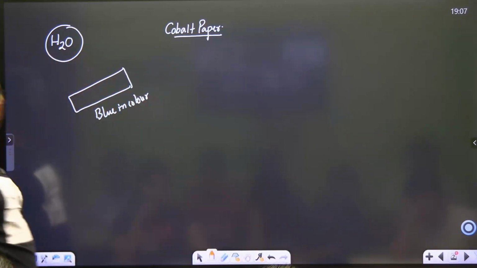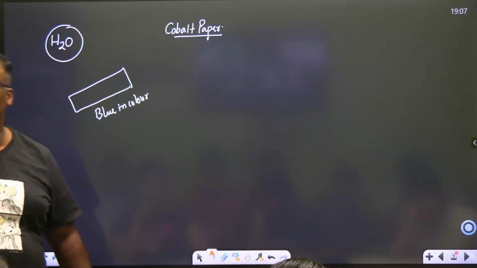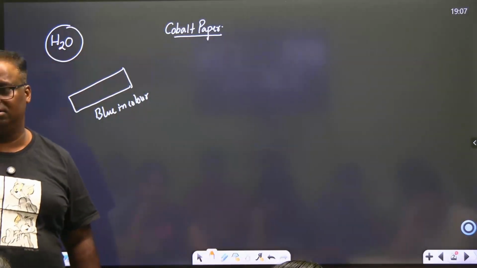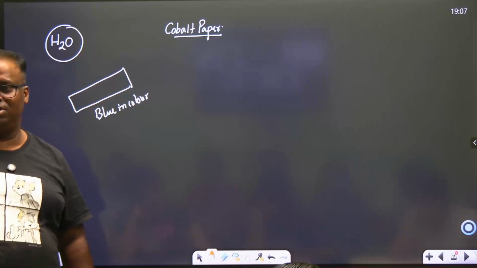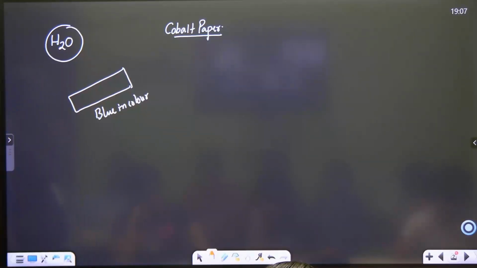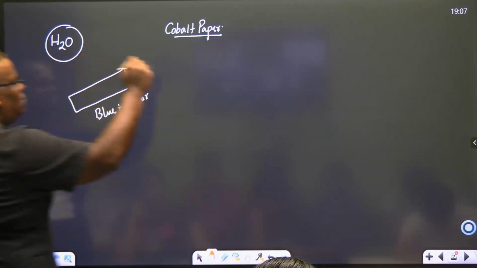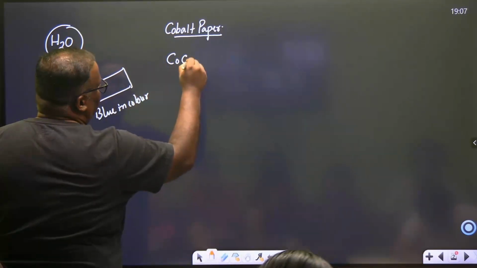It's a blue colored strip. If water comes in contact with it, it becomes pink. That actually proves that it is water. Now, why is that magic happening? Cobalt paper is usually cobalt chloride,